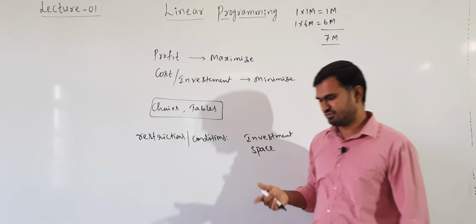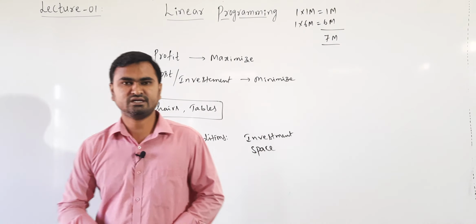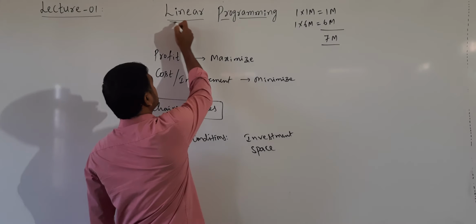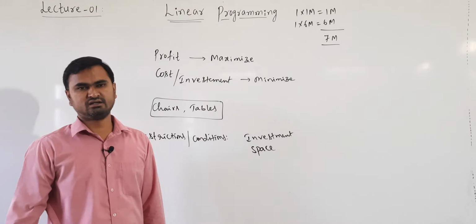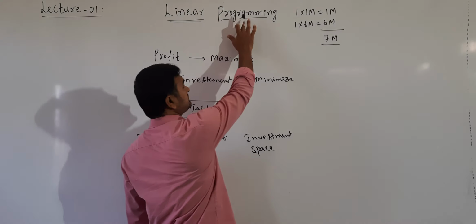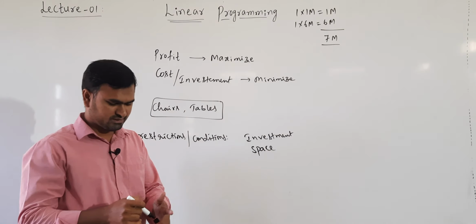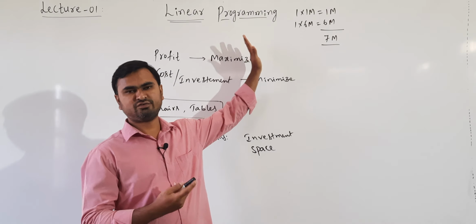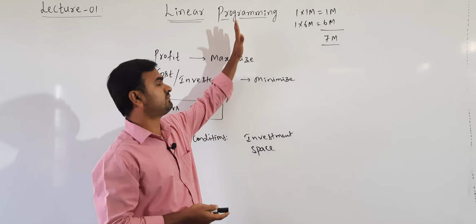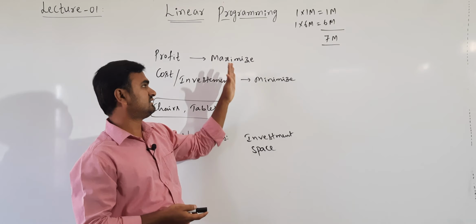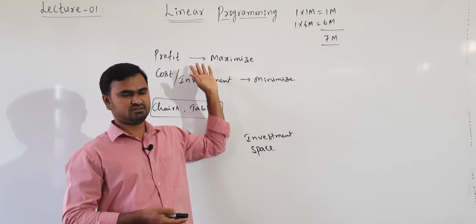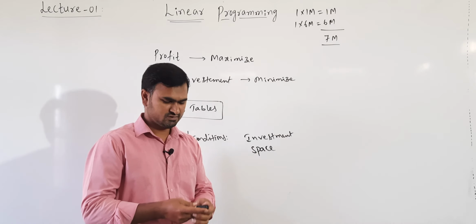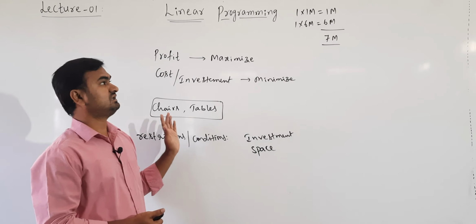This type of real life problem will be solved in linear programming. Linear indicates that the variables we are considering are linear. Programming here does not mean developing any C programming or Java programming; it is a plan of action. How do we make a plan of action so that we get the maximum value of the profit, or, if we want to find the minimal cost, how do we find that? That is what we are going to study in linear programming.